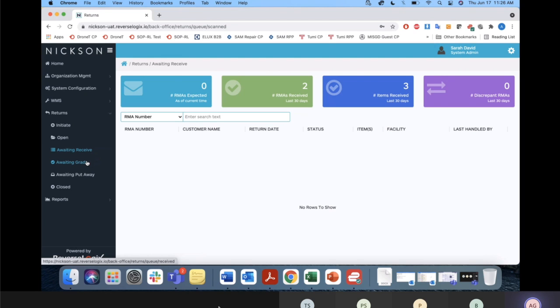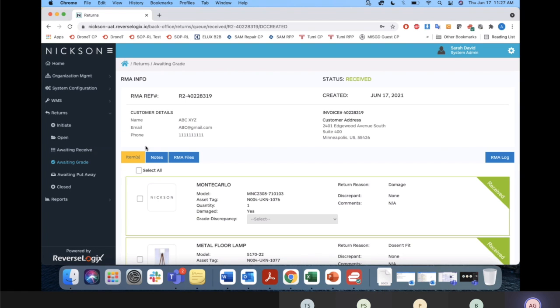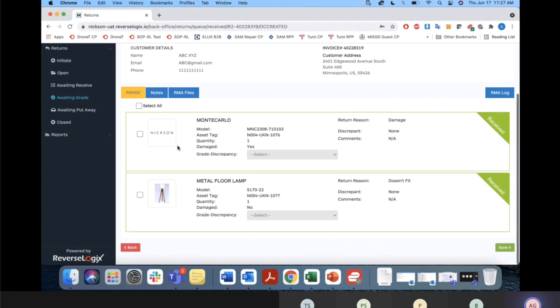Ashish, can you go back to that received items? When we're marking whether something is damaged or not, we need to be able to also add text, add a note. Correct, yeah. I think you can do comments. That was disabled there, but comments is a field that will be available. Yes, 100%. All right, and Praveen, if you don't mind noting down some of these points. Okay. All right. So now at awaiting grade,